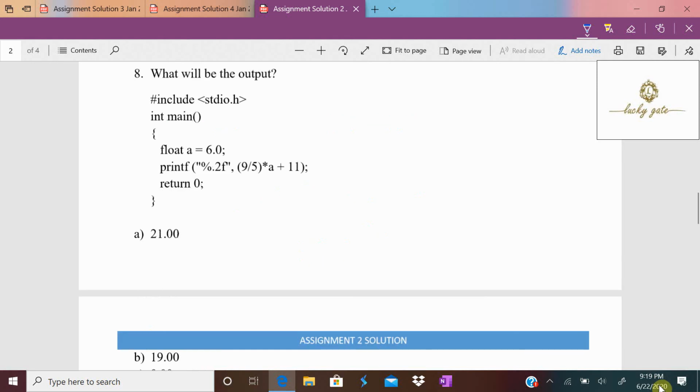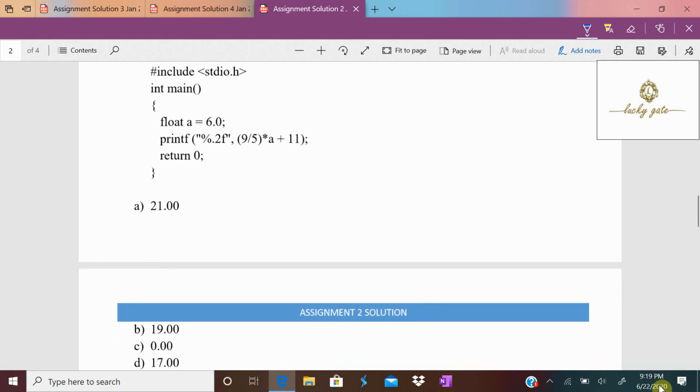Question number 8. What will be the output of the program? Now observe what is the program given. Float a equal to 6.0, printf percentile .2. Just now we discussed in the previous question, .2 specifies 2 digits after the decimal point. Now what is the statement? 9 by 5